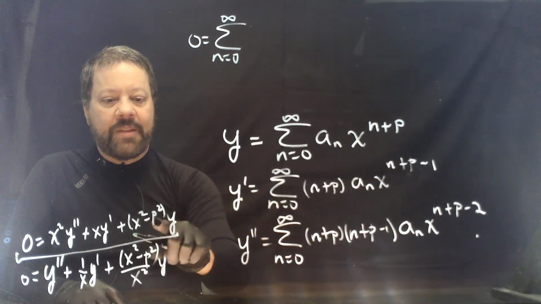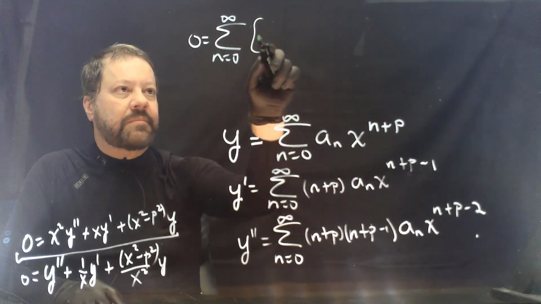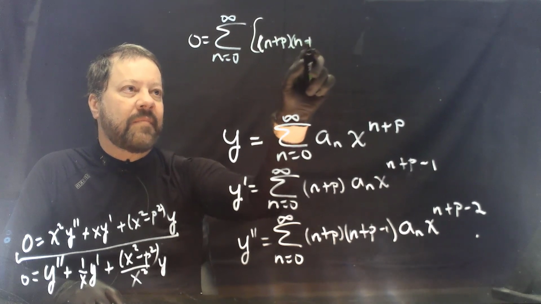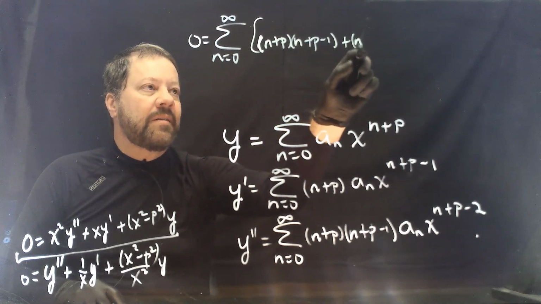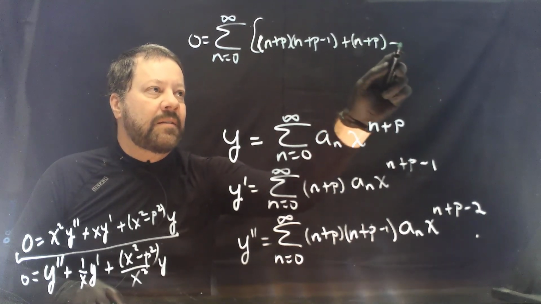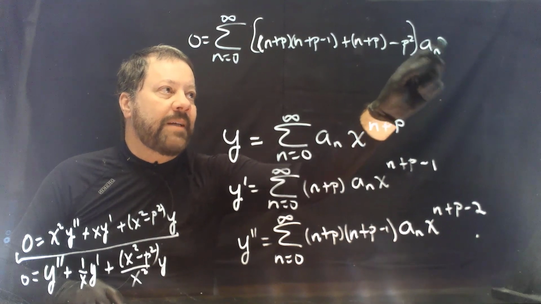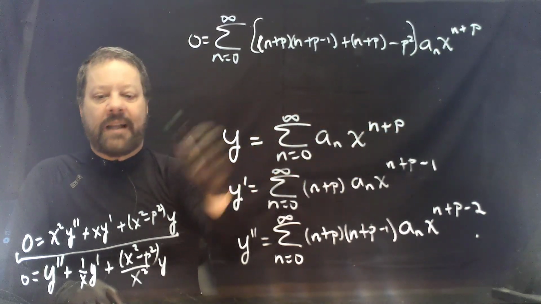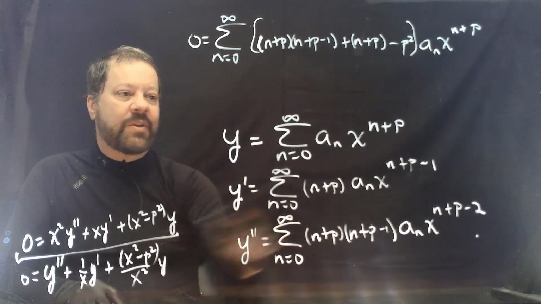And then with the minus p squared, we'll have the following. n plus p, minus 1, plus n plus p minus p squared, all times a sub n x to the n plus p. And then we'll have this last term, x squared times y